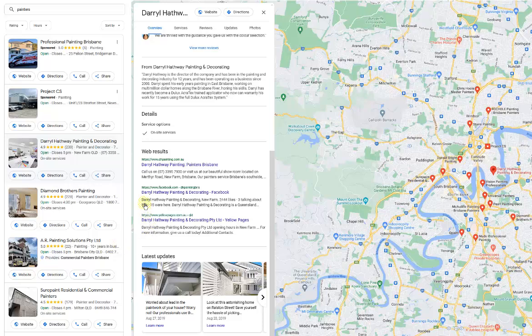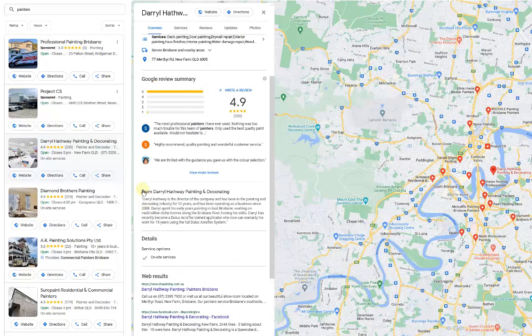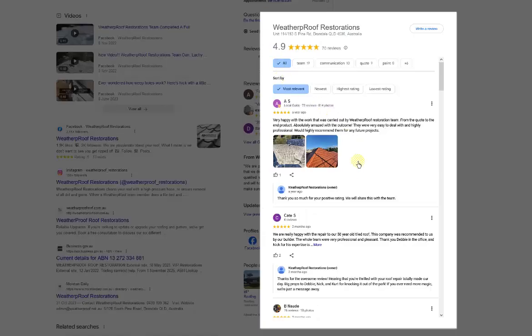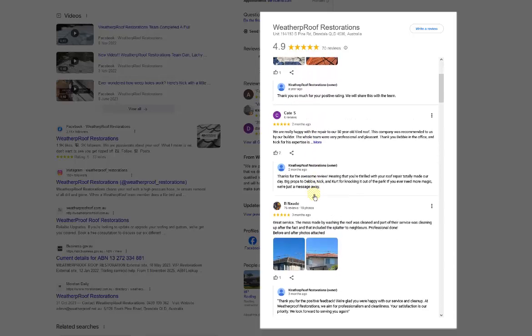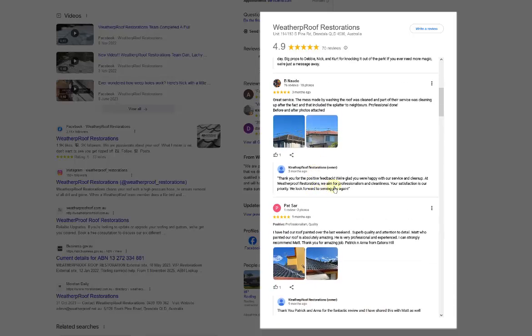Remember, when they do call you or email you, you better answer them in time, otherwise they'll move on to the next person. So now we're going to look at a few examples of what different companies have got. This company here is a roofing company, and I'm looking at the ways they've got some really good reviews, and they've got images in the reviews, which is even awesome. And I'm looking at how they've answered